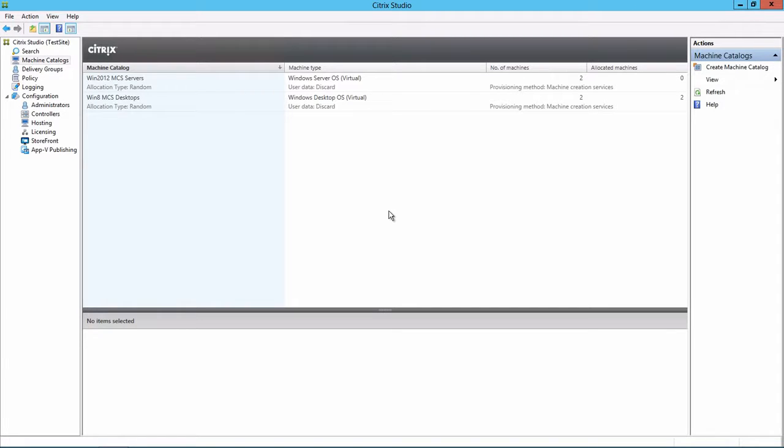Applications can be published from both server and desktop-based VDAs. Using server-based VDAs is the recommended approach for most applications and use cases in order to provide maximum scalability. In Citrix Studio, I have two machine catalogs, one consisting of Windows Server 2012 systems and one of Windows 8